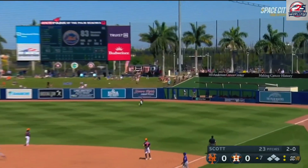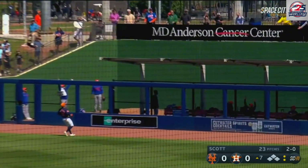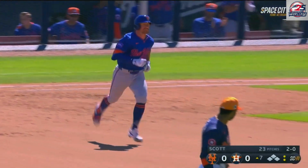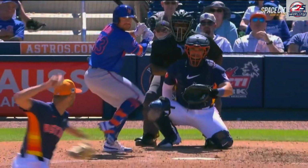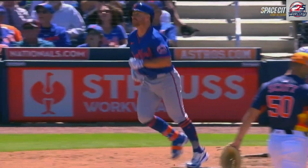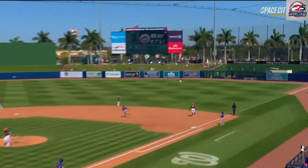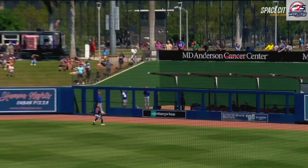Sends this one high in the air, deep to right field. Wind blowing out that way, and that's a slam into the Mets bullpen as the relievers out there celebrate a grand slam by Donovan Walton. Walton wasn't even supposed to be in the lineup today. Initially, we thought Francisco Lindor would be the shortstop, but the lefty hitting shortstop putting 4 on the board for